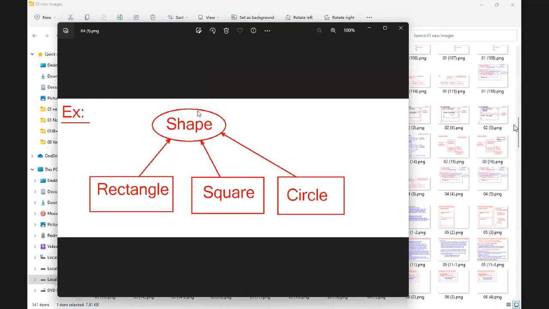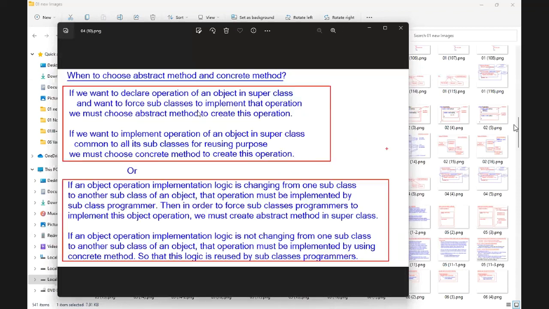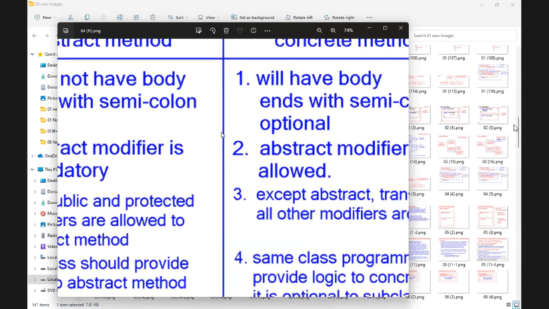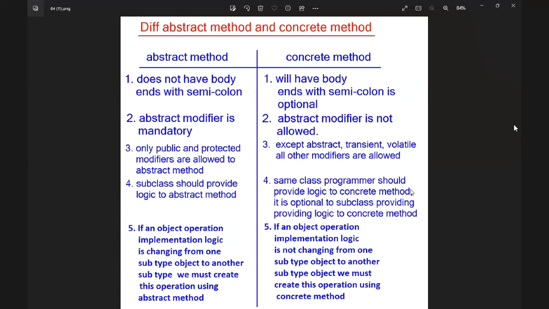Completed? Take this diagram. Yeah, write down this. Is it visible? I have mentioned all points. Please try to understand.